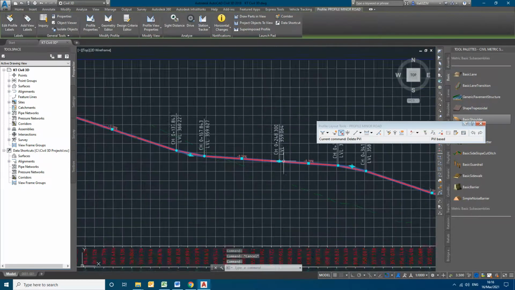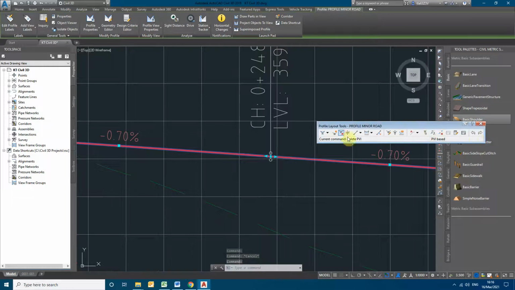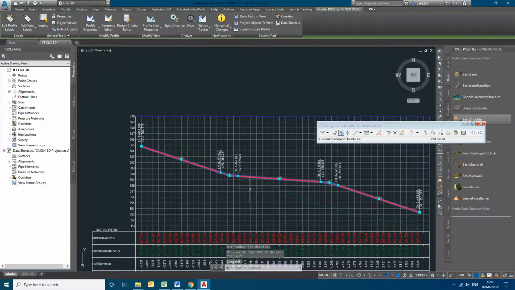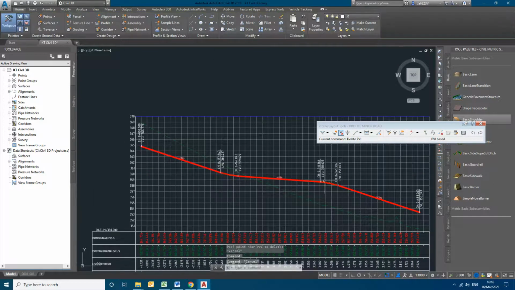In the mid where it is the same, it is following the same gradient, so there is no need of an IP. So we are making it a single IP.